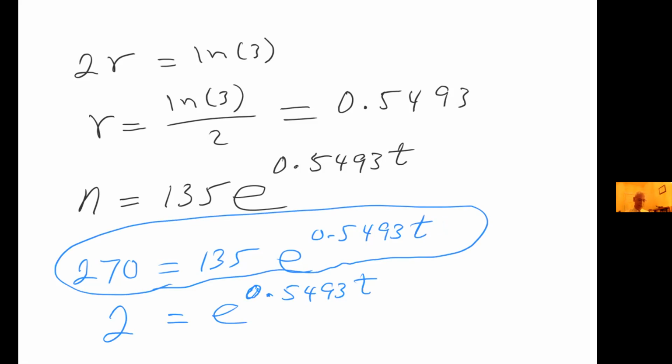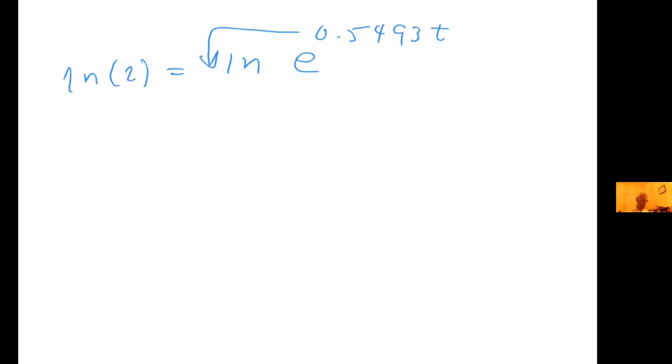Okay, now let's take natural log of both sides. Now I have natural log of 2 on the left-hand side equals natural log of e to the 0.5493 t. Bring this down. So I have natural log of 2 equals 0.5493 t. Divide both sides by 0.5493. t equals